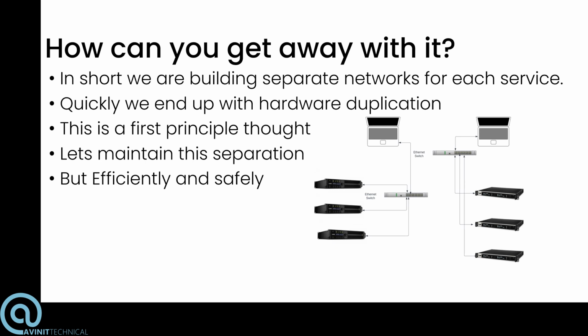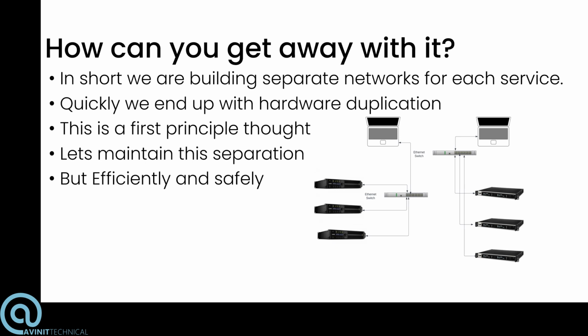This is where I'm beginning to build it up from the ground. So we're looking at this as the first principle thought. The hypothesis being, if I had separate switches and separate cabling and separate control computers, I could use the same IP address over and over again. Now, of course, we all know that the internet and modern networking doesn't necessarily force us to do this, because it's quite expensive because we have duplicate cables, we have duplicate switches, and we also have duplicate compute.